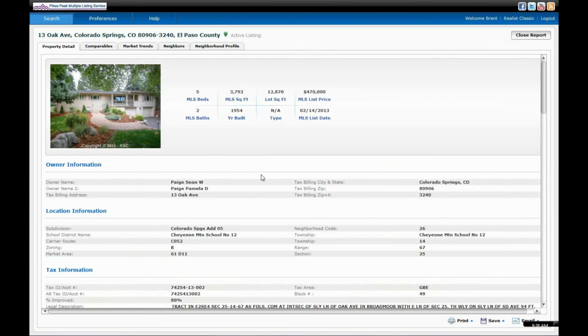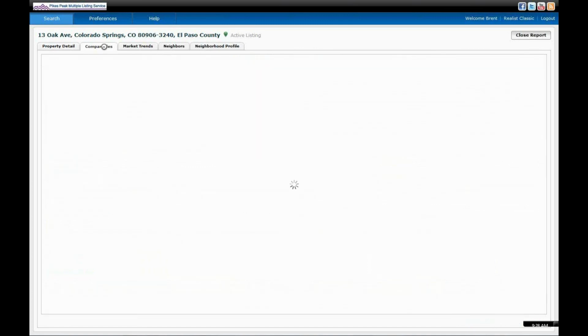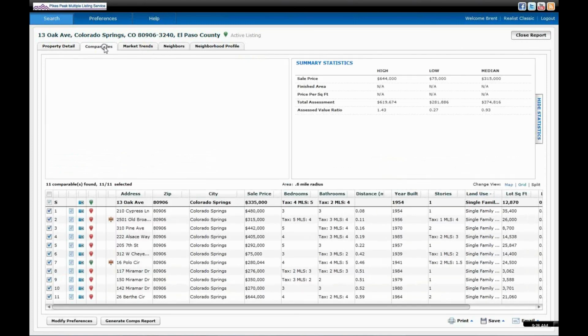Again, your flagship report, probably the one you'll be spending the most time on in Realist, but there are a number of other reports that we have to cover for you as well, and they are in the form of these tabs up top. We'll start with the comparables tab, literally our one-button comp report. Once I press that tab, I will come up with a number of different comps. And the comps that I come up with, if you have questions on that, are going to be